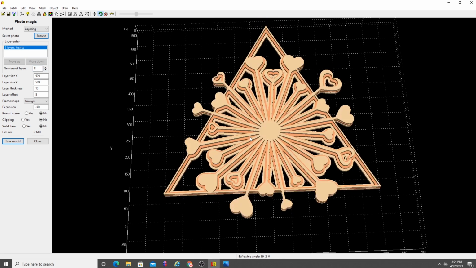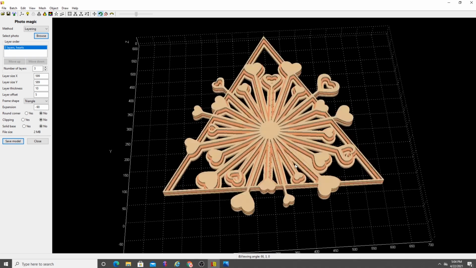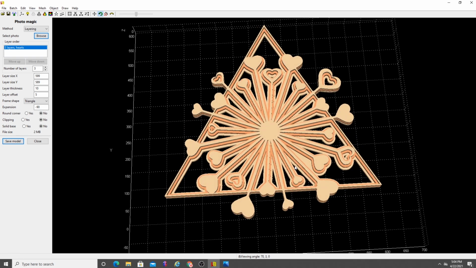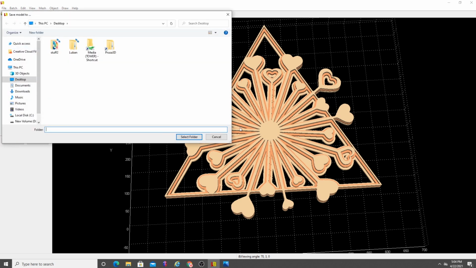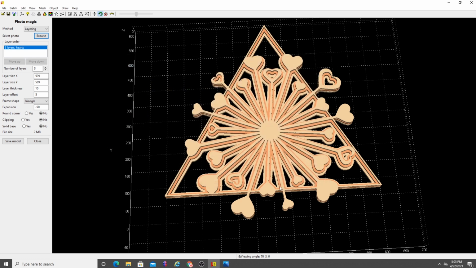And so we are going to go with the 4 layers like that. Now, from this point, all I need to do is click Save Model. When I click Save Model, it opens up a window, and it's a little counterintuitive here. What I would suggest that you do is create a folder on your desktop, because right now it's asking for a folder. I created a Luban folder on my desktop, so I basically click it and click Select Folder, and